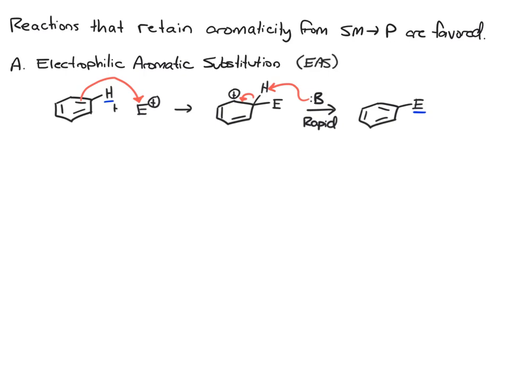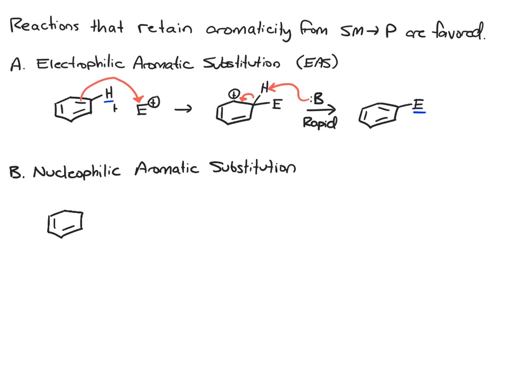The second type is nucleophilic aromatic substitution. And in the most basic sense of this, you're going to have an aromatic ring that has a halogen attached. Let's just say a chlorine, for example, because for this reaction we need a leaving group. And as you'll see when we get into the actual nucleophilic aromatic substitution reactions, there's often other electron withdrawing groups on this ring to help the reaction out. We're keeping it very simple for now.